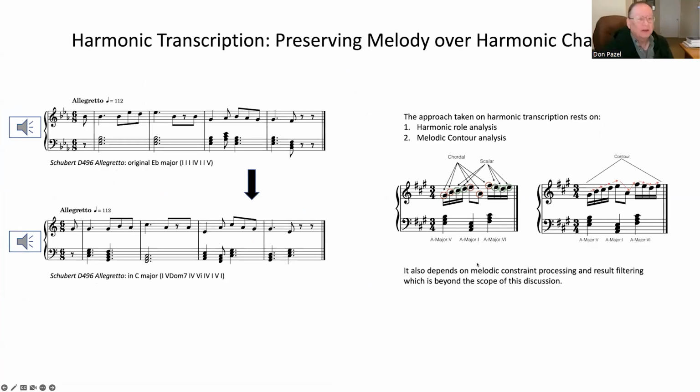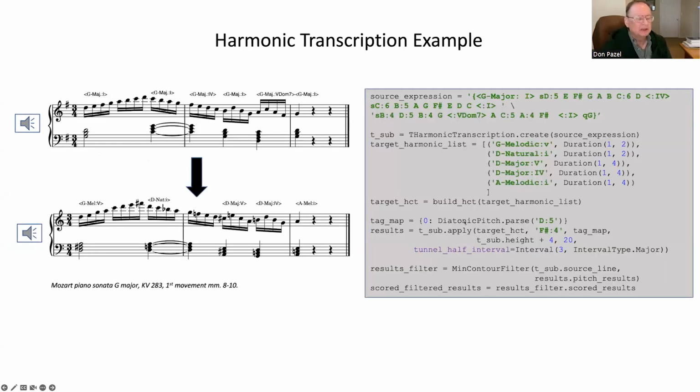I think I'm going to skip this one, but this is basically how you would change the harmony underneath a given melody, change the harmony entirely, and then have the melody conform to the new harmony. And it basically has to do with maintaining chord tones as chord tones, scale tones as scale tones, and preserving the contour shape of the piece of music.